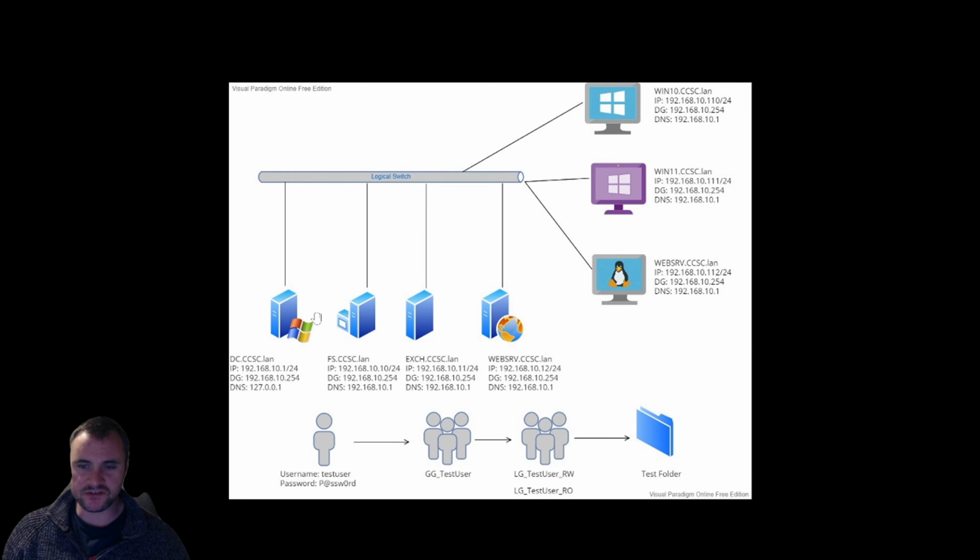When playing with the Windows domain, it's good to separate each server out, especially in a virtual environment, because then you can snapshot and restore things individually. Our Exchange server is going to be Exchange or EXCH, and it's going to be .11 within our /24 range. Default gateway the same as the rest, and our DNS server is going to be our domain controller. So that's what it's going to use to synchronize our